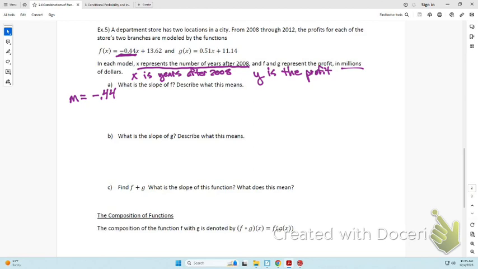Back in Algebra 1, you probably learned slope is rise over run, or change in y over change in x. I need a fraction, and I don't have a fraction. So what I tell people to do is put that slope over 1 and describe it in terms of x and y. So I would say for location F,